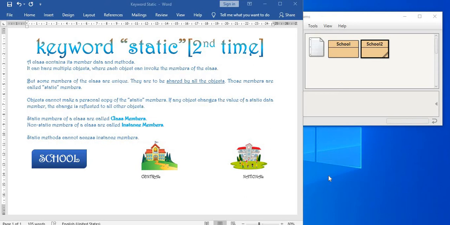So the class makes 5 objects. All 5 of them will share the same set of values for the static member data. Now, it also says that static methods cannot access instance members. That means if something is common across all the objects, then any member data that is specific to the object, if that method changes the static value, then that can be allowed. But